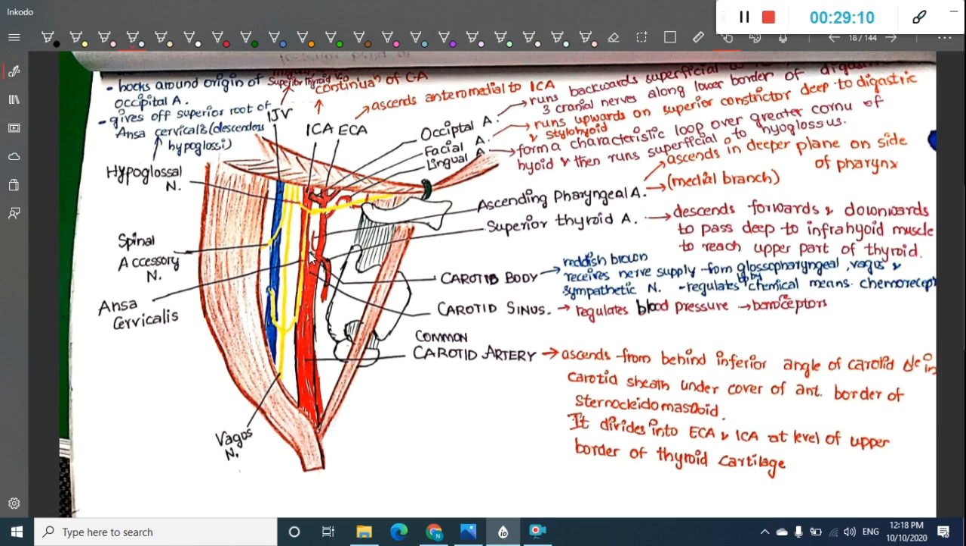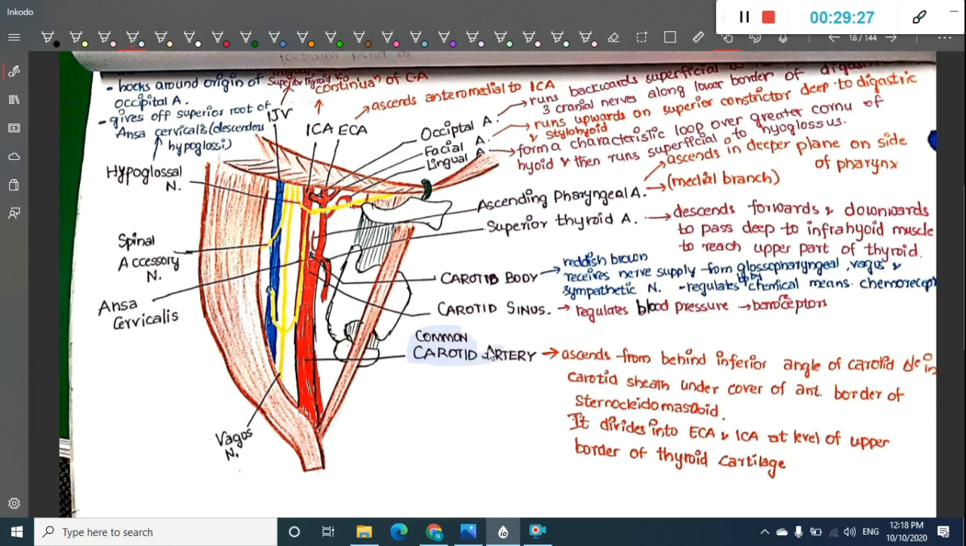And we have the vein. Vein is internal jugular vein. Along with that we have nervous components. Nervous components are hypoglossal nerve, spinal accessory nerve and vagus nerve. So we will see the same thing. First we will see arterial components. Arterial components include